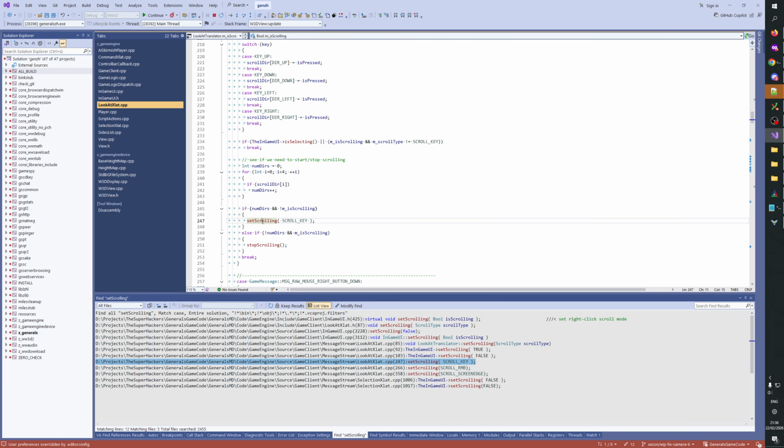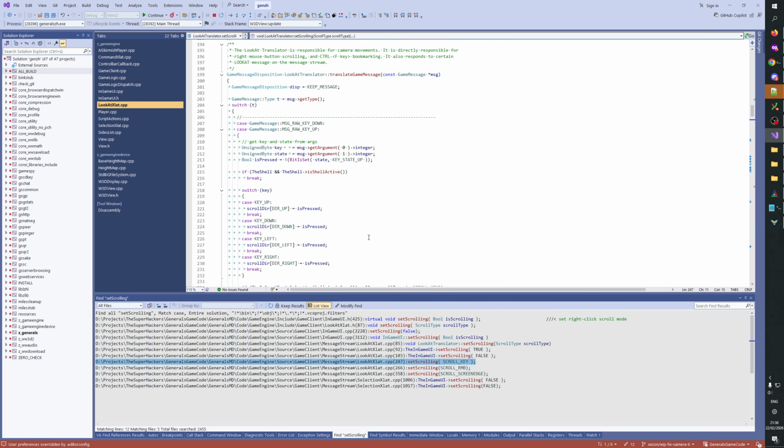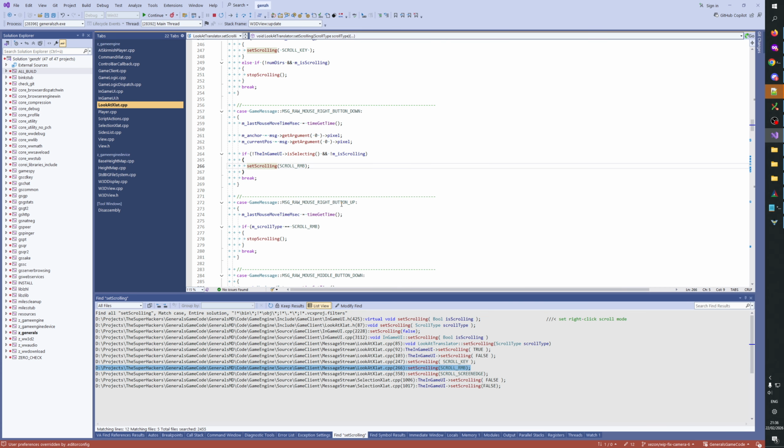Is scrolling. Right mouse button. Set scrolling. Scroll RMB. Right. Okay. I don't think we can touch this stuff here, but